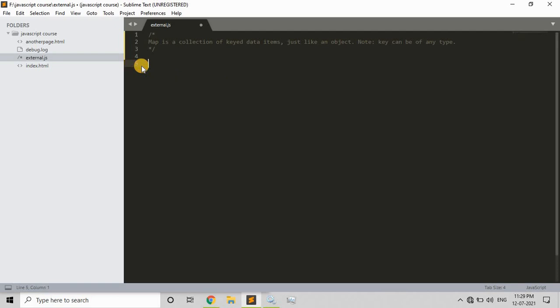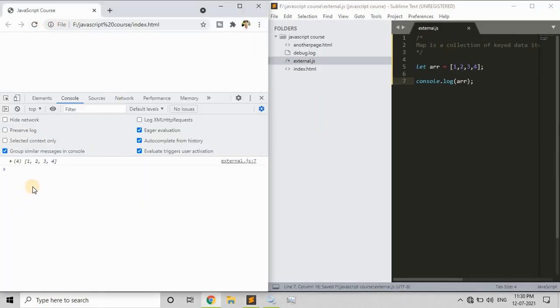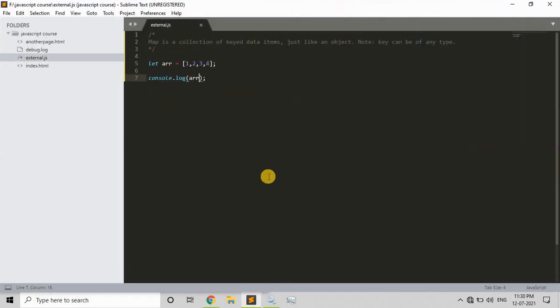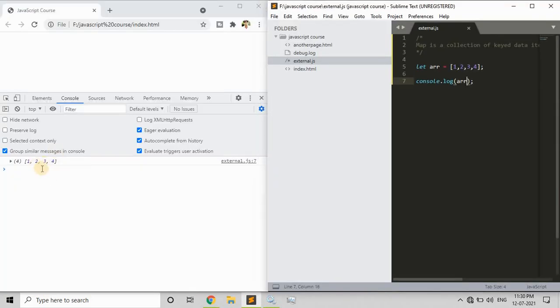So now what I will do here is say ARR. So I'm just creating an array, right? So now what is an array, guys? I'll just have a console over here and print ARR, right? So now the output will be the array. Again, the array is not exactly a key value pair, but it is a series of data elements that we will be storing, which has got indexes, right? So 0, 1, and 2, and all of those things.